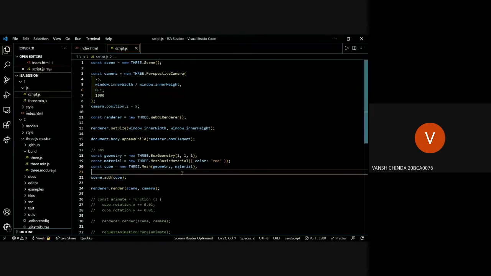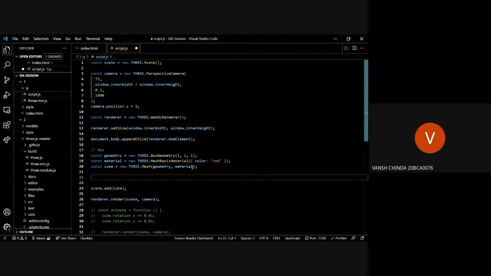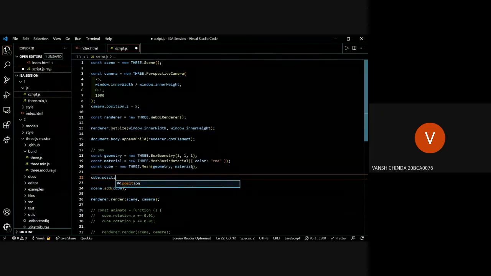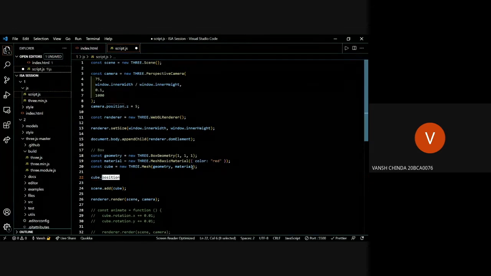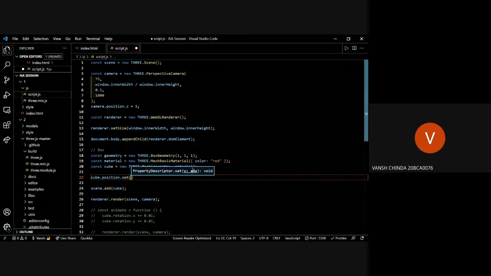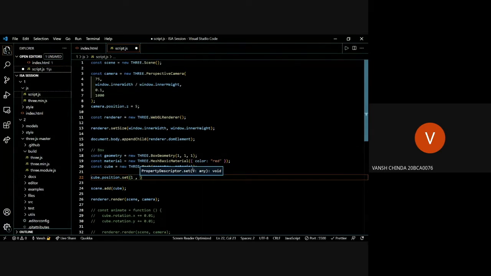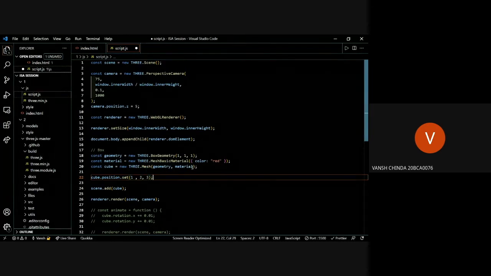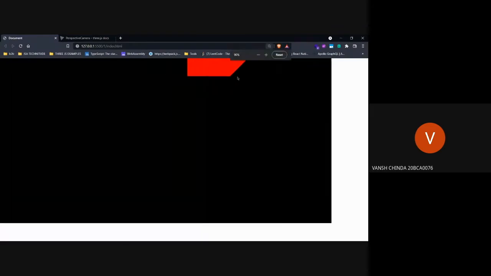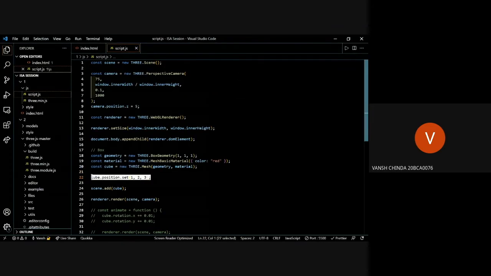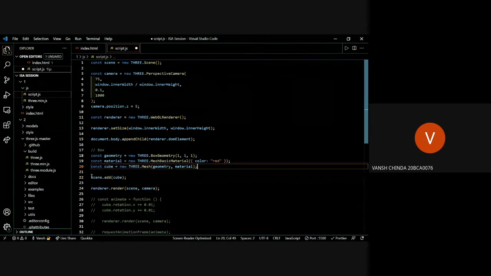Let's rotate this box. How will we rotate this? We'll call cube.position or rotation. Position changes its x and y axis. Let's change position as well. What do we want? Let's move one unit on the x-axis, 2 units on the y-axis, and let's say 3 units on the z-axis. The z-axis will make it smaller, and these two will move it just on the x and y-axis. So it got out of frame here. You basically get the point, and you can change rotation and other things from it too.